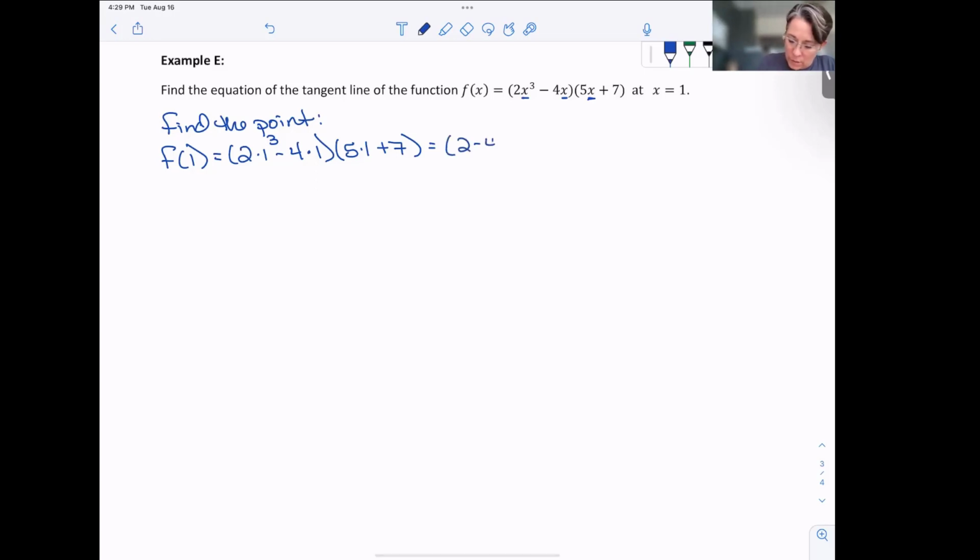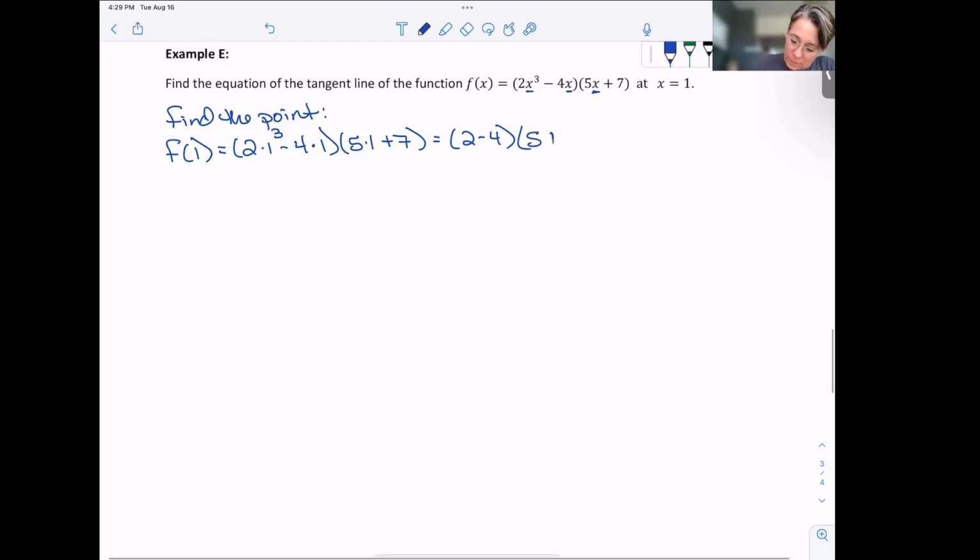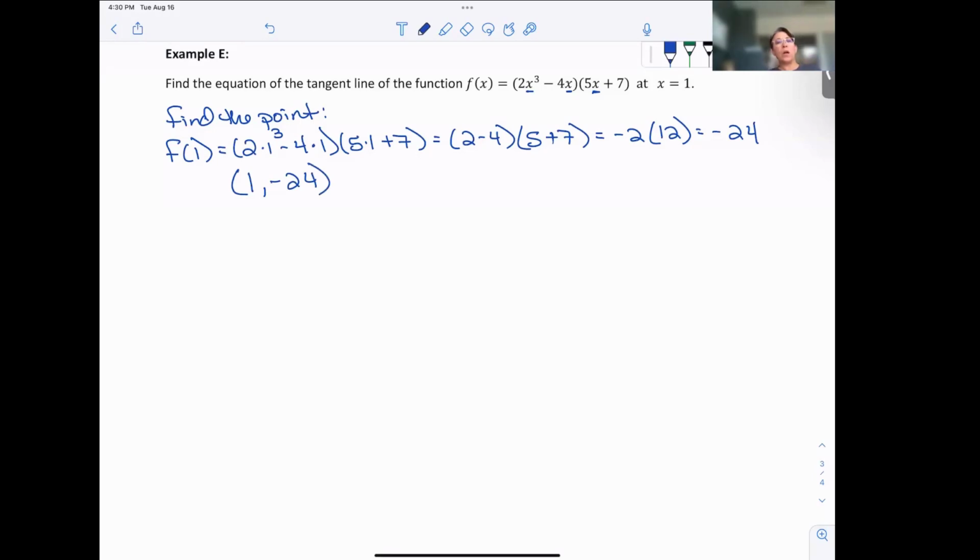So we get 2 minus 4 times 5 plus 7, which is a negative 2 times 12, if I did that correctly. Negative 24. So that means we have the point (1, negative 24) on the graph of f of x, but